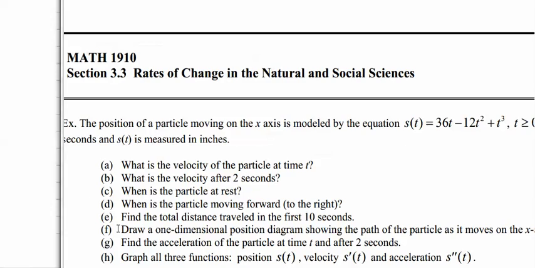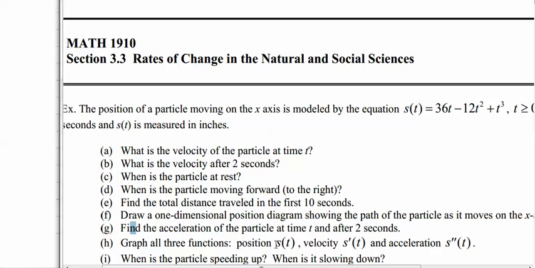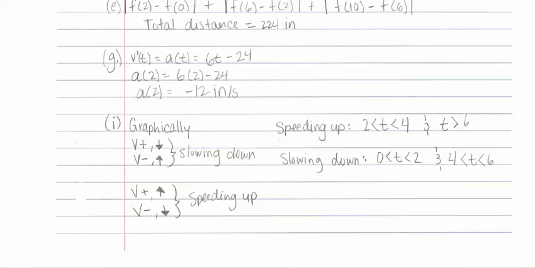And then part I was, when is the particle speeding up and when is it slowing down? And I did it graphically. When velocity is positive but going down, or velocity is negative and going up, that's when it's slowing down. And when velocity is positive and going up, that's when it's speeding up. And when velocity is negative and going down, that's when it's speeding up. So I have a graph,